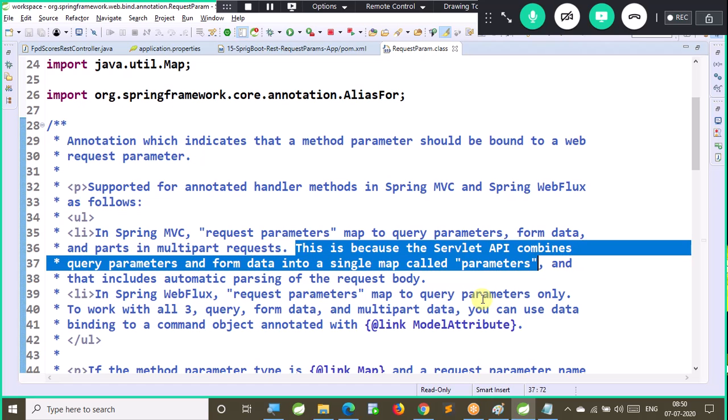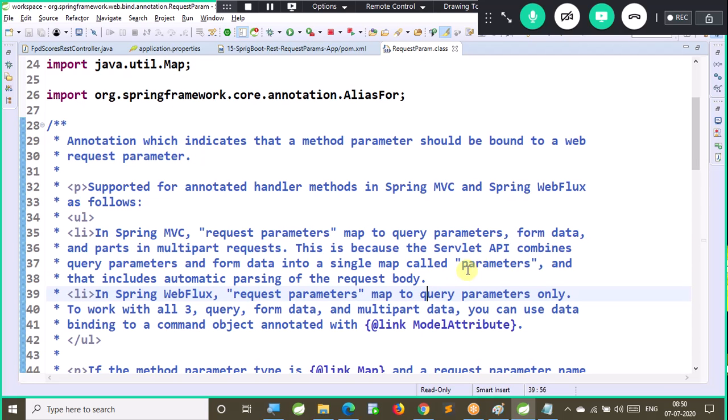How will that Servlet API receive the data? In the form of request parameters. Form data, everything will go in the form of key and value pair to the server. So when you go for a GET request, you will send it in the URL. When you go for a POST request, you will send it in the body. But still, the client will send the data to the server in the form of key and value pair, that is called a map. Representing the data in key and value, that map is called a parameter map.